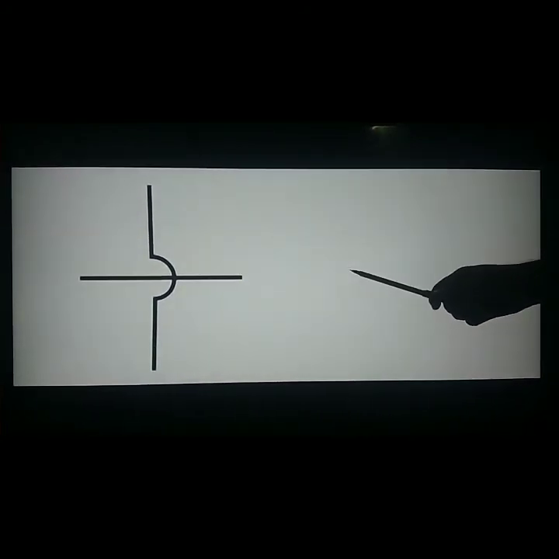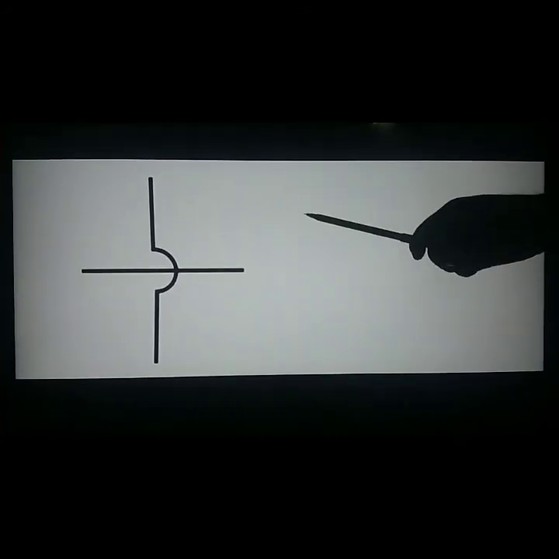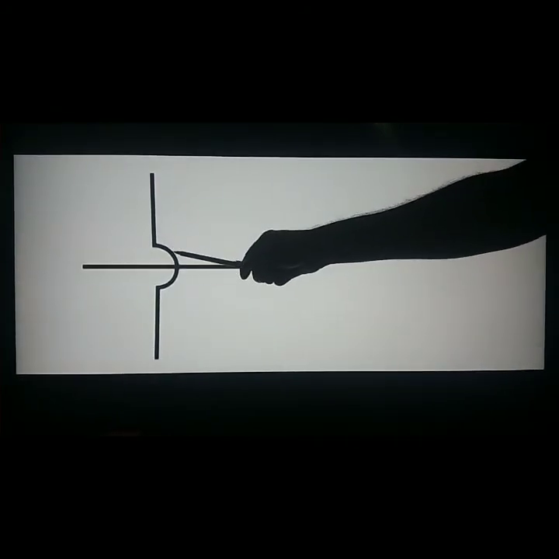See the symbol without a joining line. That means one current wire passes horizontally, and the vertical line crosses without joining the horizontal line. That means the two wires are without joining. This one is joining wires, that means a wire joint. The horizontal line and vertical line should be connected here. So this symbol is called joining wires.